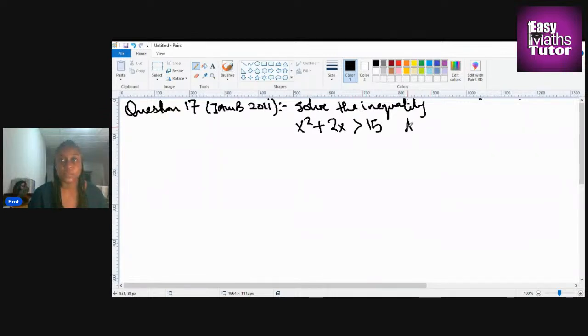So our options: A for this problem, x is less than -3